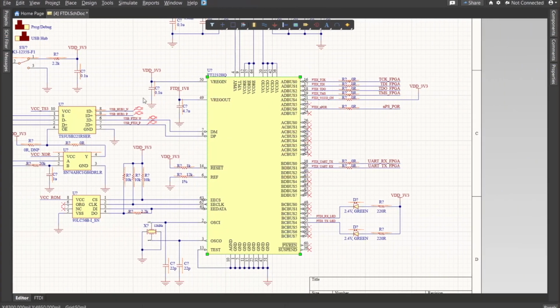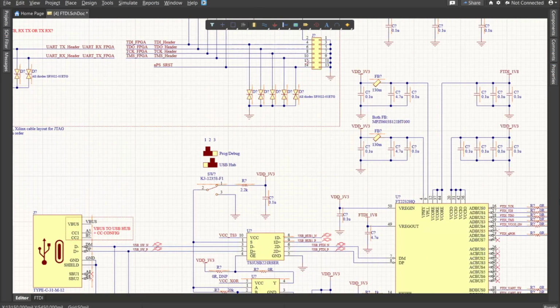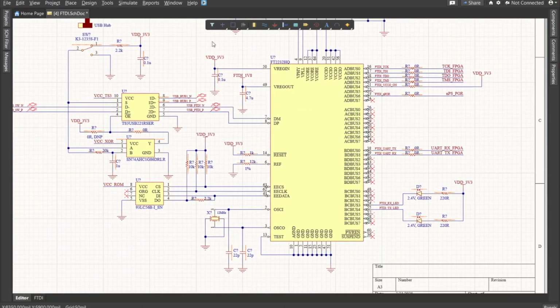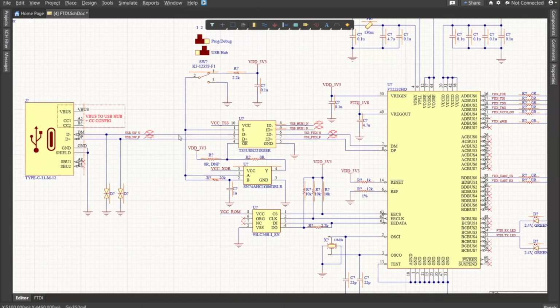So moving on to the circuitry, as I said, USB goes in, and I'm going to explain everything here. JTAG and UART go out to the FPGA and the header pins there, but I'm going to get to that. The USB pins go into this